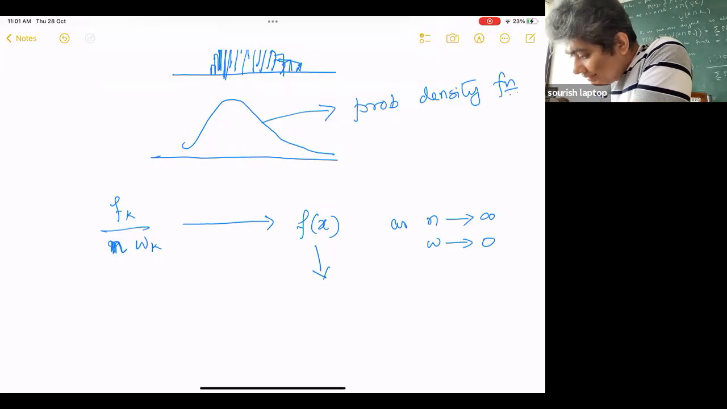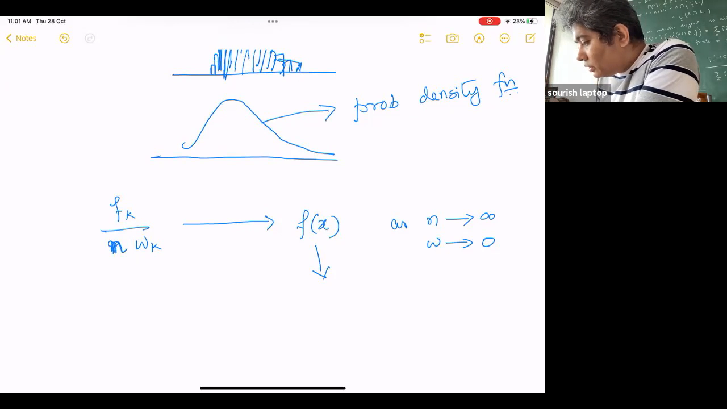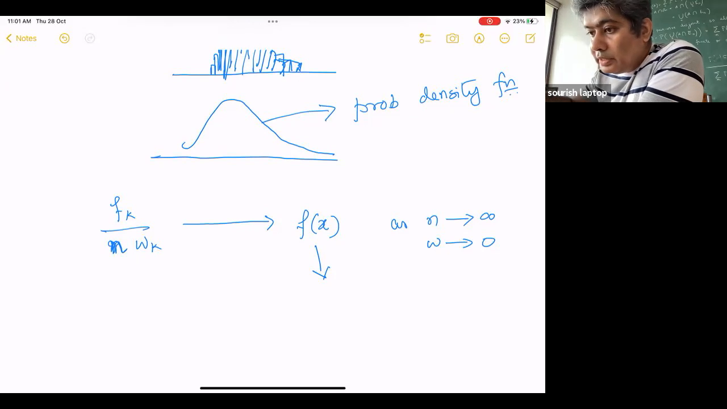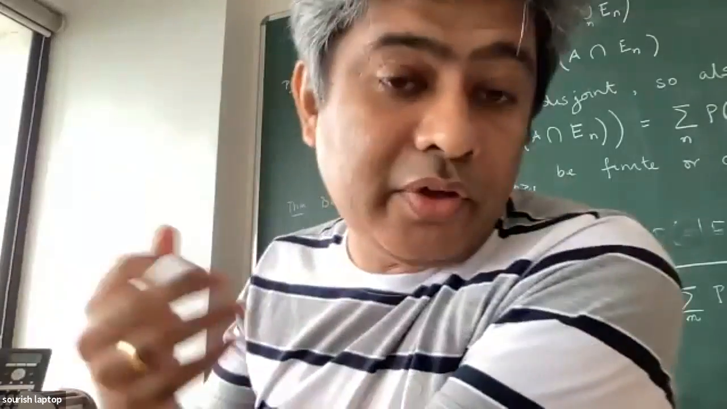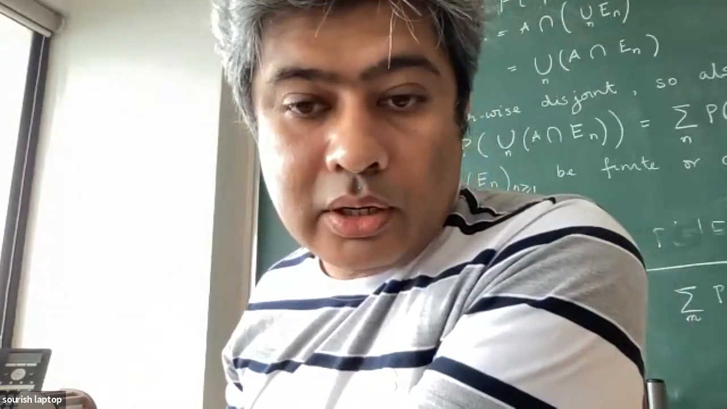Now, if I'm interested in finding the probability of x between a and b, what I will do is integrate this function f(x) dx. So remember that. Essentially what is happening here is, if I'm interested in